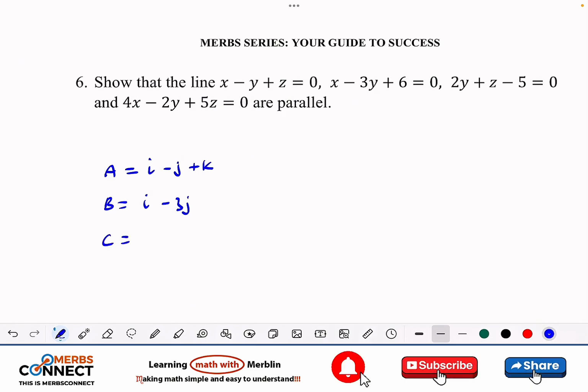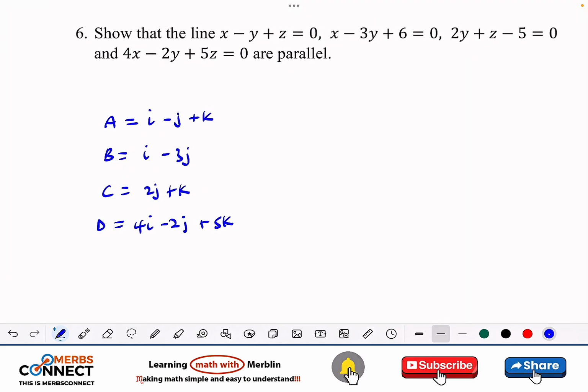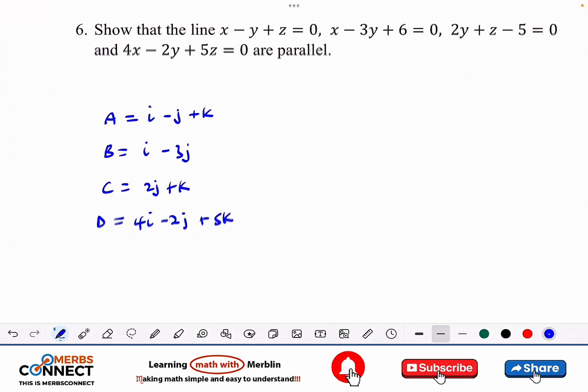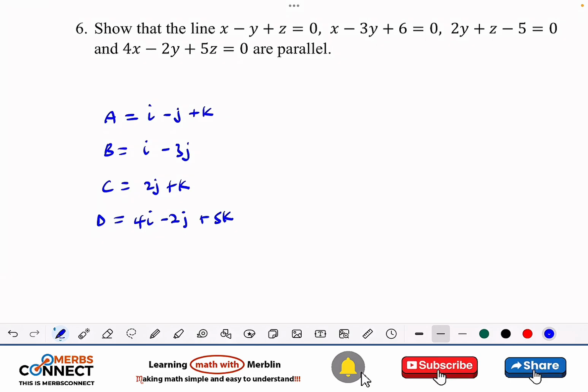When I come here, I don't have x, so there will not be i. So I'm going to have 2j plus k. Then the last one, which is d, I have x, y, z. So this is going to give us 4i minus 2j plus 5k. Since we want to show that these lines are parallel to each other, what we just need to do